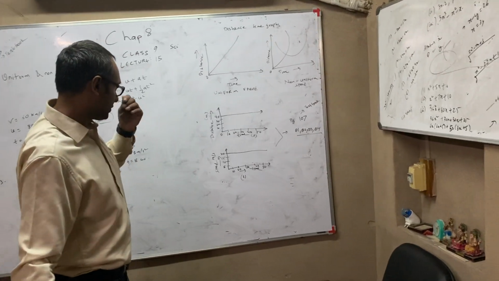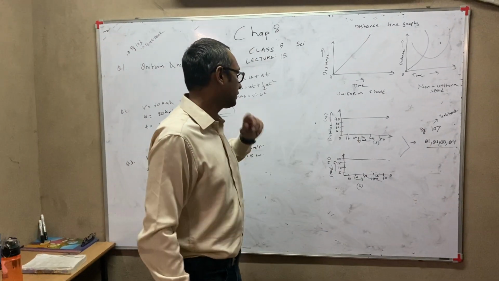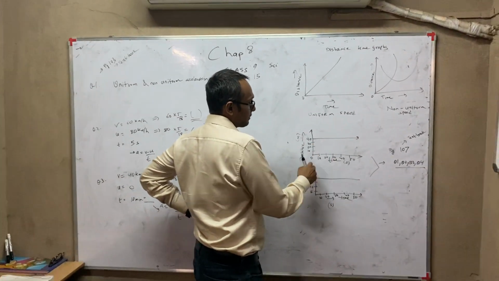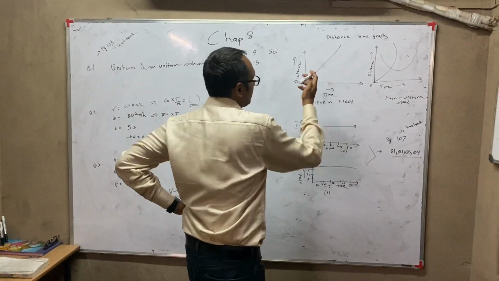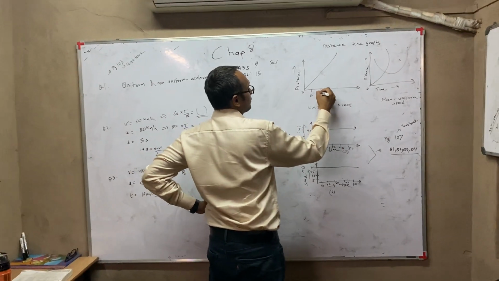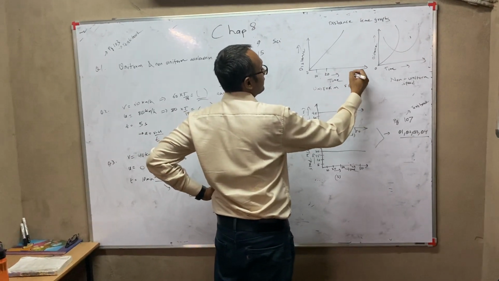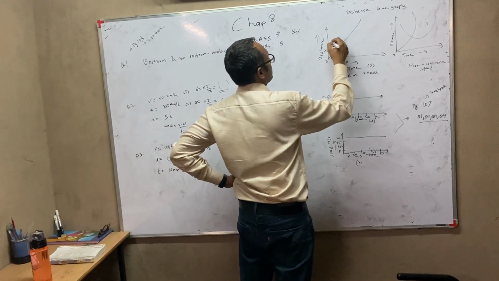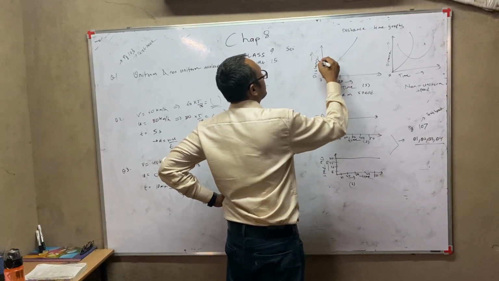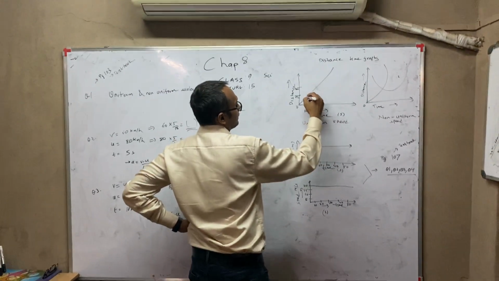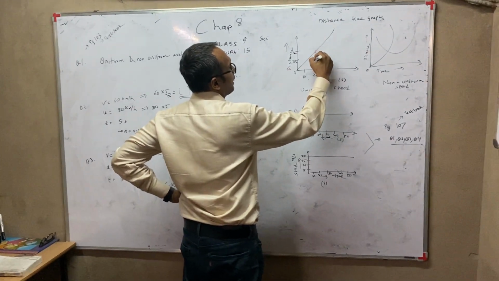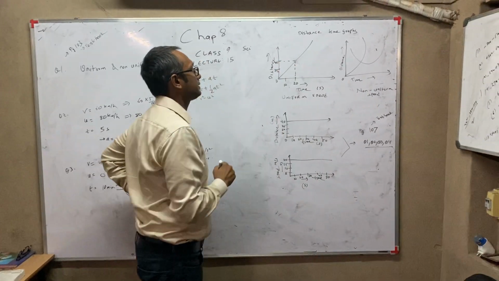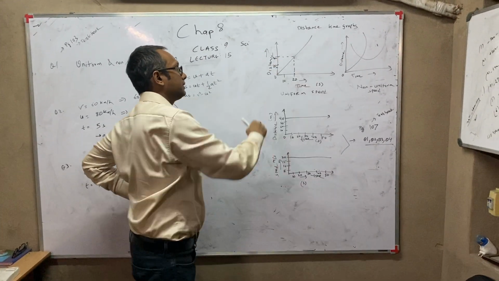Now, one thing is there. Suppose this is a distance time graph. And this graph basically tells us what is happening at what time. For example, in this, if there were values written, suppose this time is in seconds and this distance is in meters, 20 meters, 30 meters. Suppose at 20 seconds, I want to know where I was. If I do it like this, then I was at 30 meters. So this tells you the value basically of what is happening.